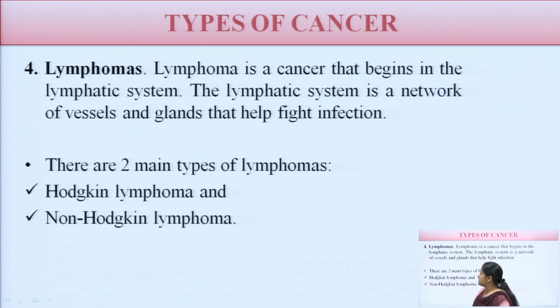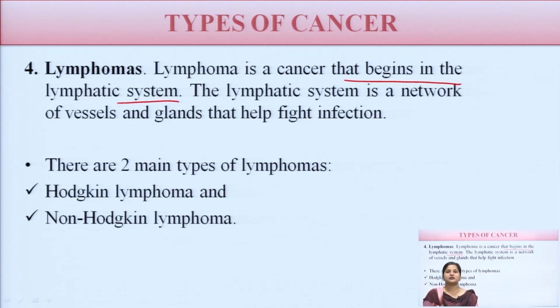Now, lymphomas. Lymphoma is a cancer which begins in the lymphatic system. The lymphatic system is part of the immune system, which performs the defense mechanism of the body, right. So lymphomas are the type of cancer which infects the lymphatic system, for example the lymph nodes,